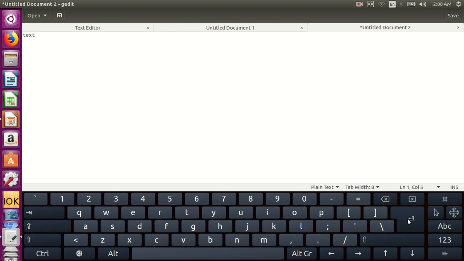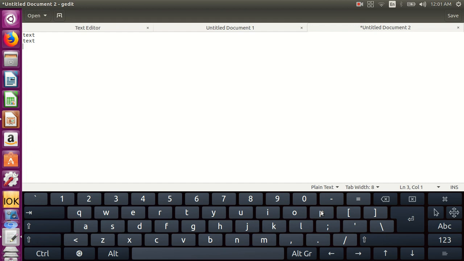The Enter key is used to bring the cursor to the next line. By pressing the Enter key, characters can be typed on the next line, like this. Some keys on the keyboard have two markings, one on the top left corner of the key and one on the center of the key.